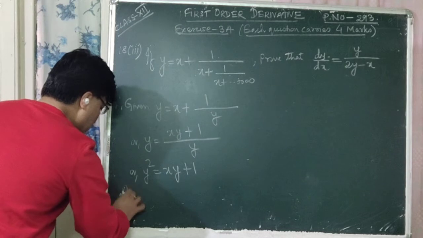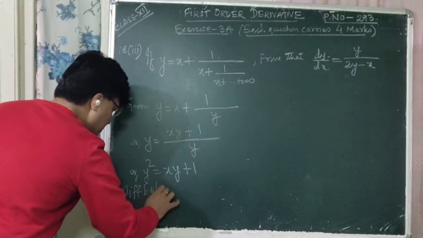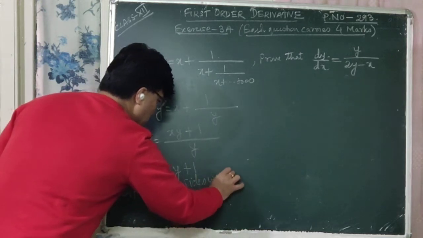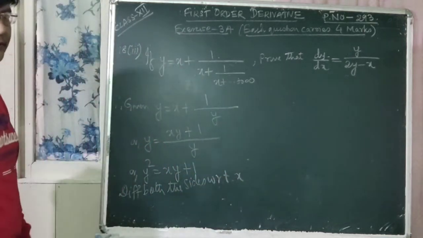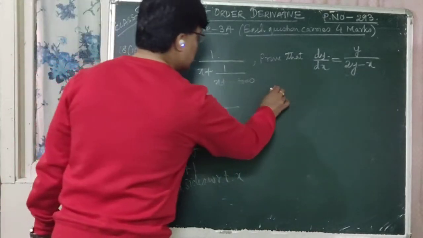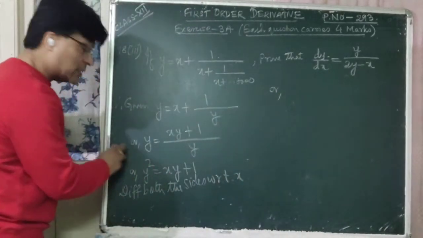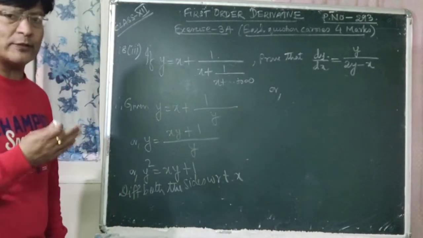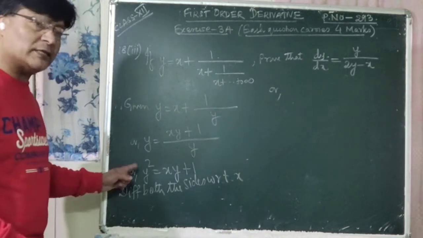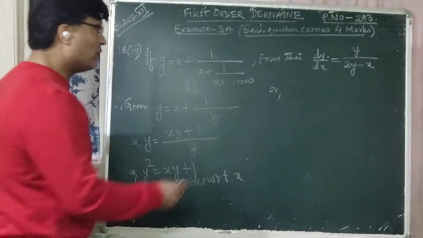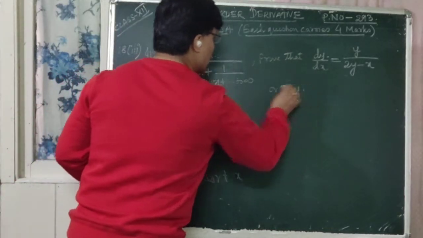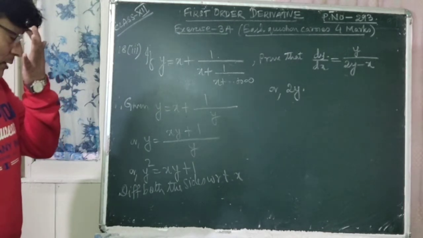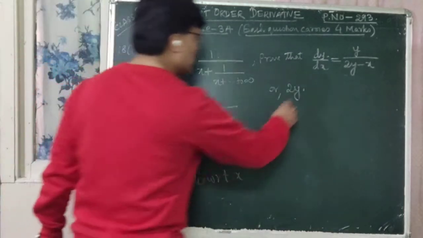Okay? So now differentiating both the sides with respect to x. Now let us differentiate the left hand side. What is the differentiation of y square? First of all, it is in the form x square. What is the differentiation of x square with respect to x? It is 2x. But we are differentiating y square with respect to x. So first of all, you should write 2y. Again, y was assumed as x. You have to differentiate with respect to x. That is, what is the differentiation of y with respect to x? It is dy by dx,